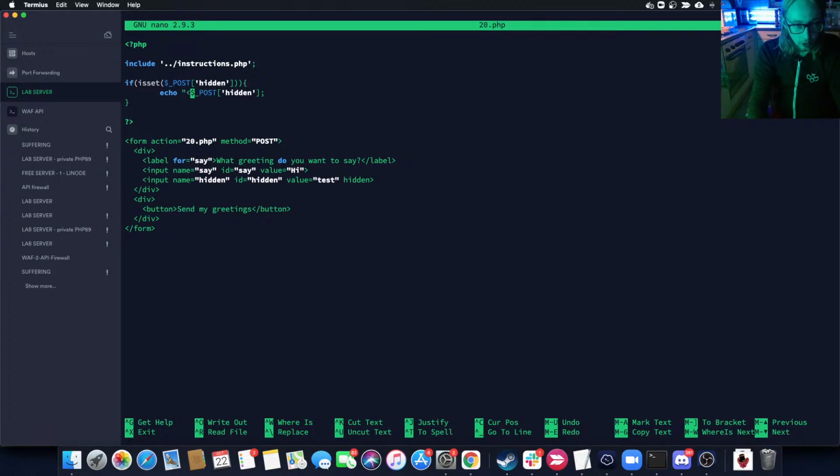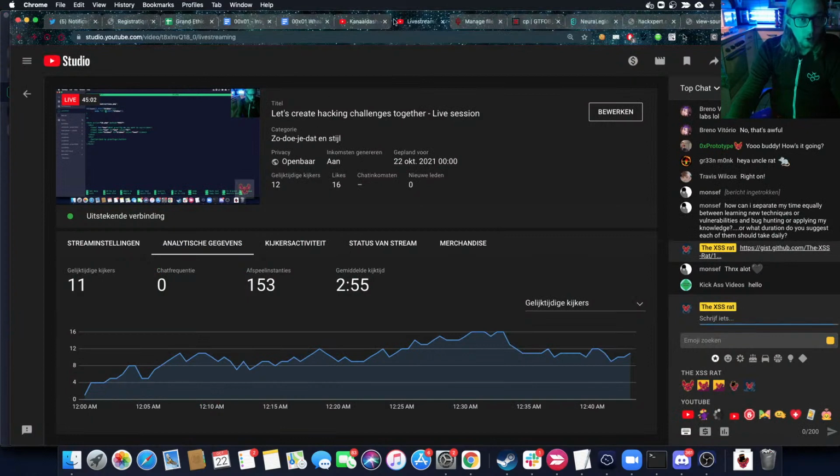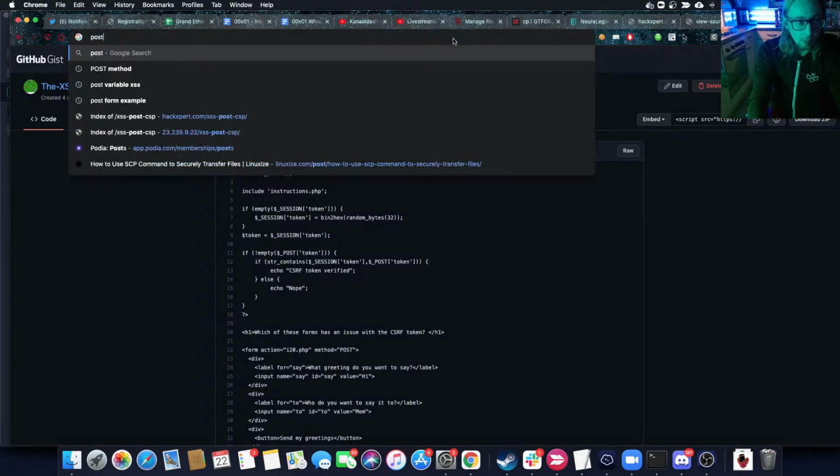What was the HTML comment format again? Like this, I think, right? What was it, period in PHP, to merge strings together? I think so, right? We'll see if it's not. So let's go back to the post